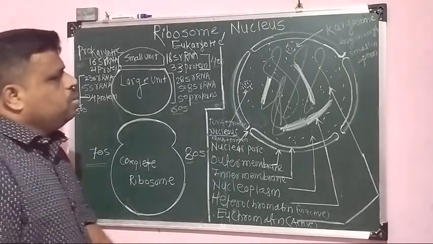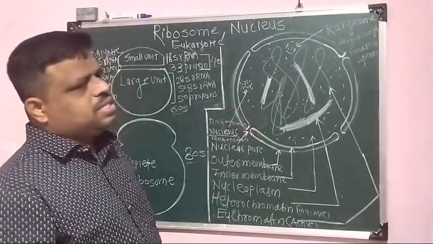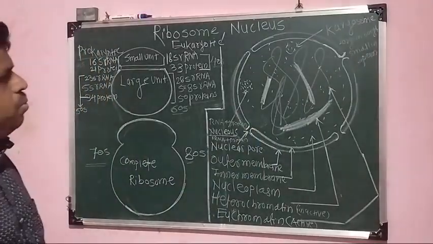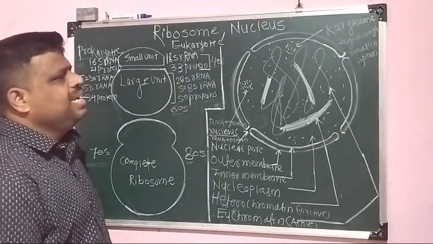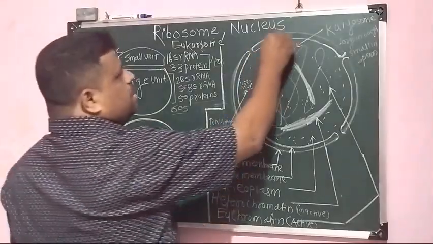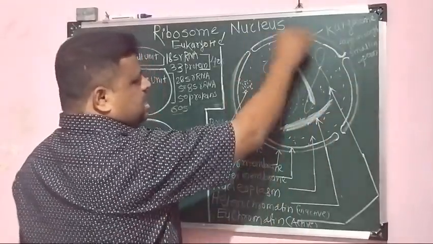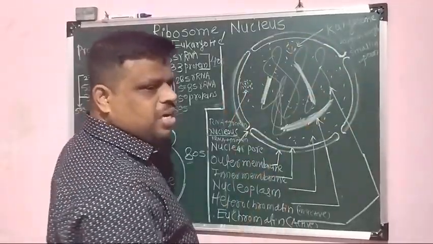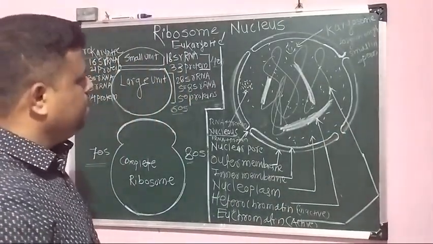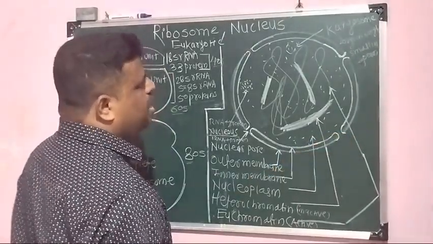Let us move towards a few more points regarding this nucleus. These two membranes are separated from each other by 5 to 50 nm, that is nanometers. Now this membrane is not continuous. The outer membrane as well as the inner membrane, that is the nuclear envelope or nuclear membrane, is interrupted by a small opening which is called a